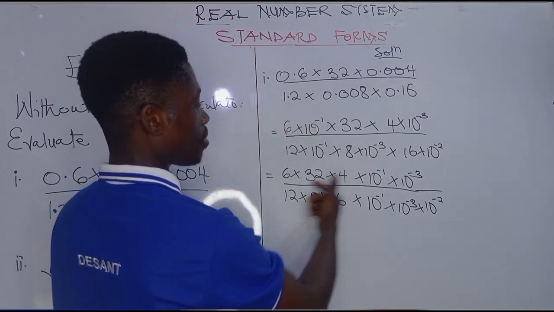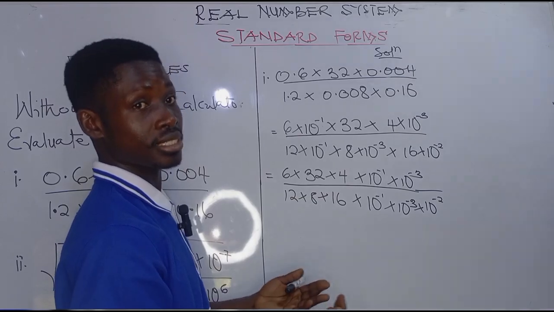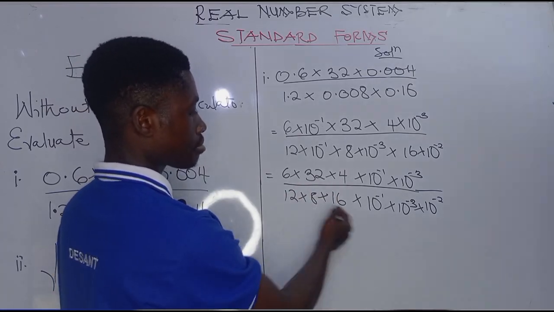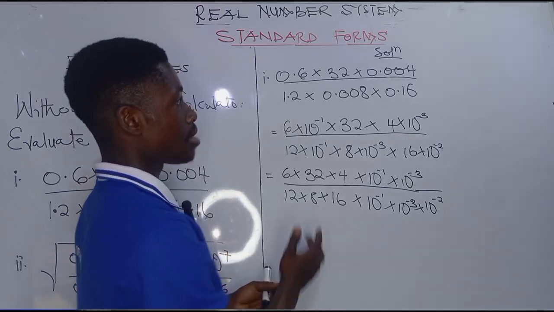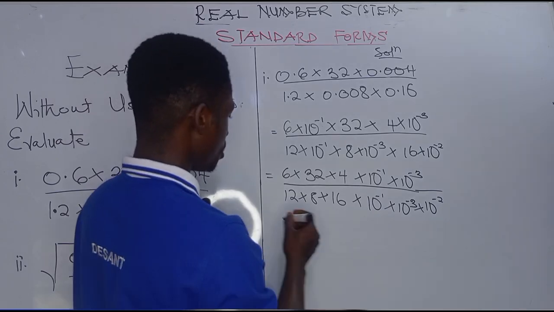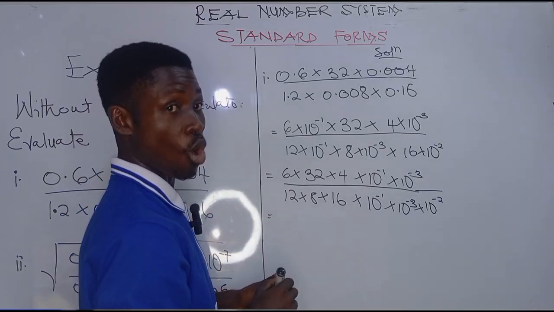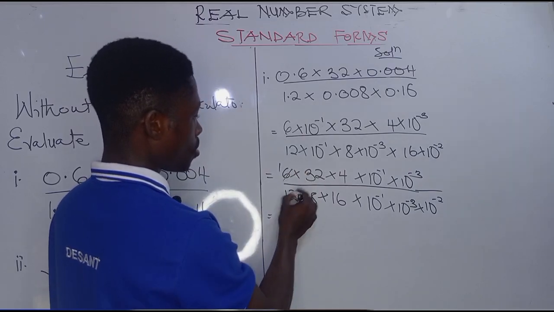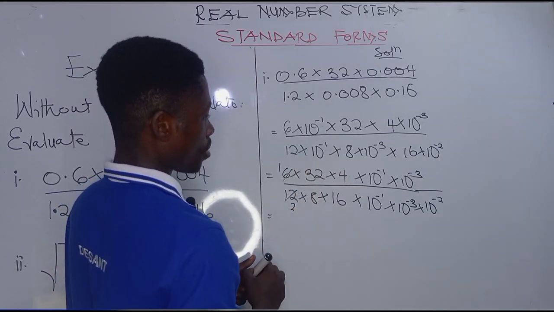Since all of these numbers are multiplied, we can cancel them out. Or you can decide to multiply them and then simplify. But remember, we have to do that without using the calculator. So we can cancel them since they are all multiplying. Now we know that 6 will go into 12 twice. You also know that